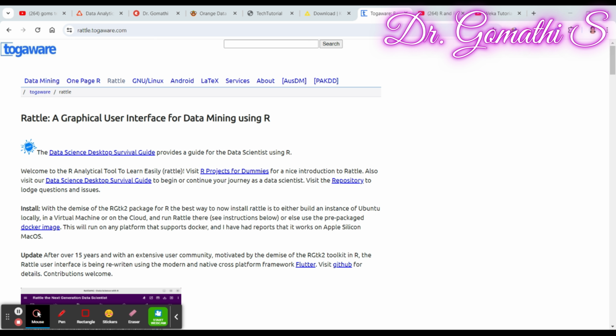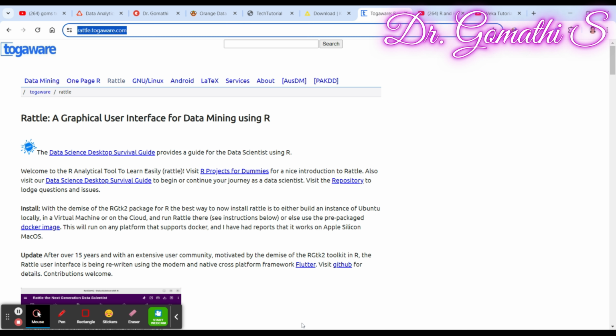Ease of use: the interface is designed to help researchers and users, especially those who are new to data mining, learn and apply data mining techniques without the steep learning curve associated with coding. It also handles versatile data types, and being open source, you don't have to pay anything. You can directly make use of it.